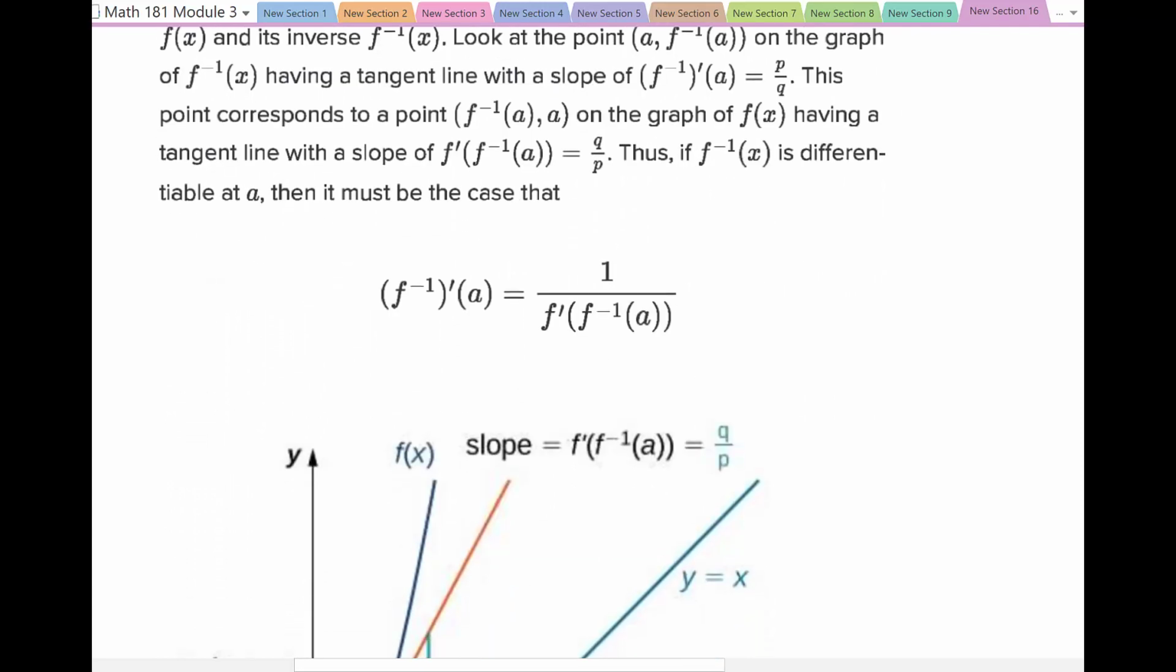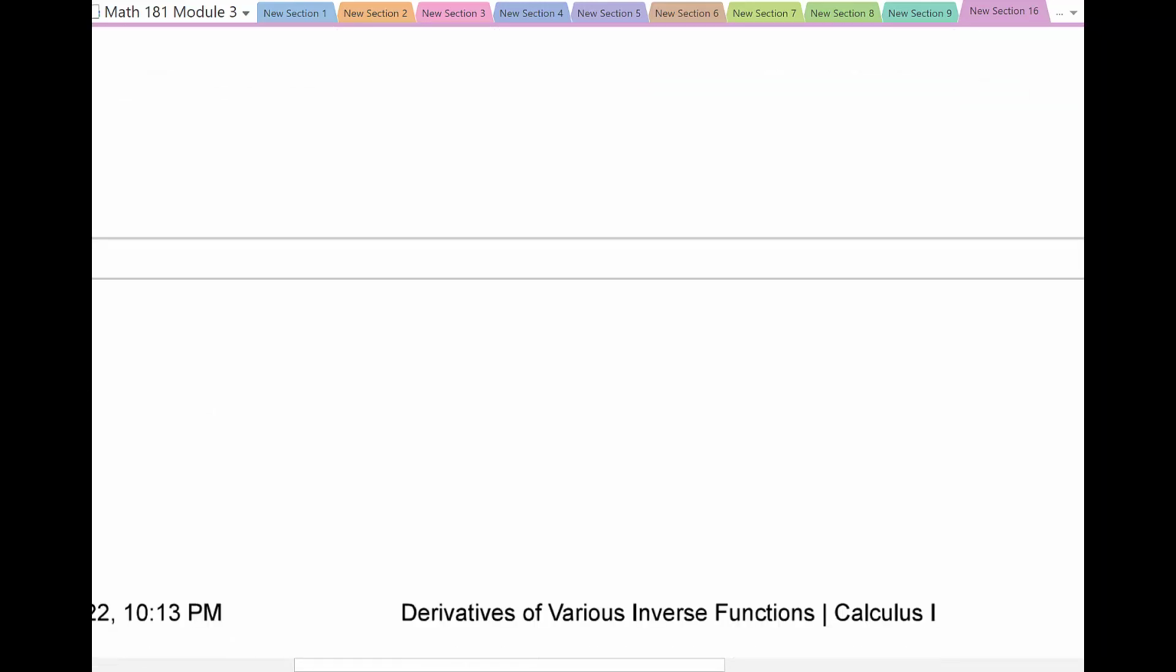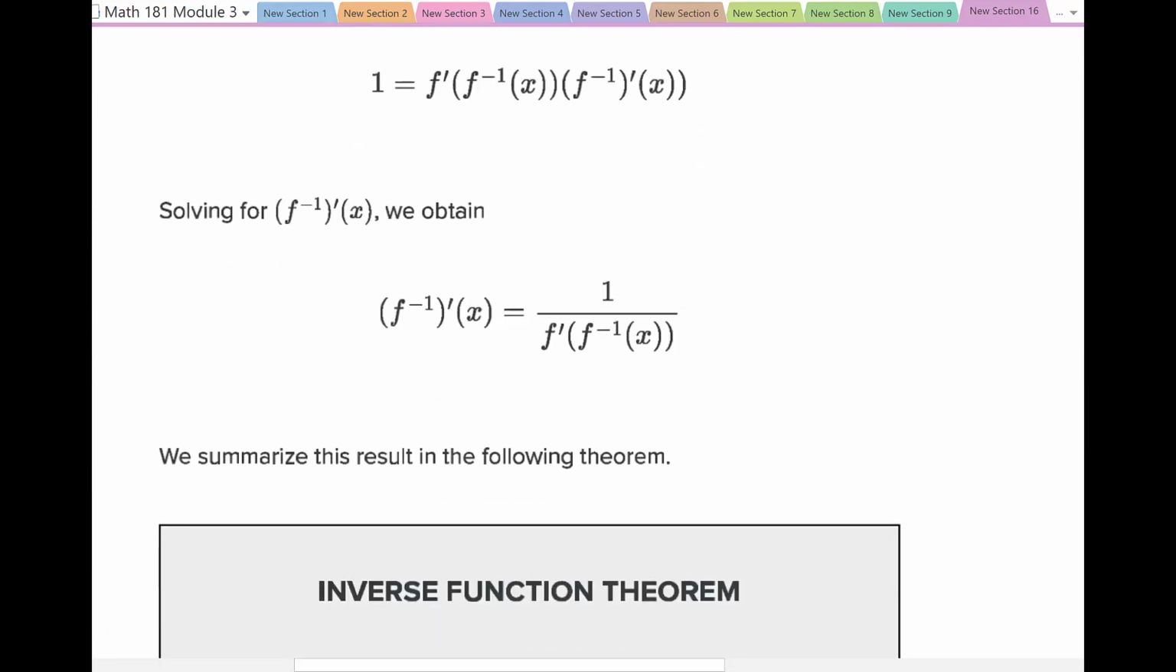Now we have the principle that f inverse prime, the derivative of the inverse function at some point a, is 1 over f prime of f inverse of a, and we can extend that to give us the overall formula to find the derivative of the inverse function, which is here. So the way to read this is the derivative of the inverse function of x is 1 over the derivative of the original function